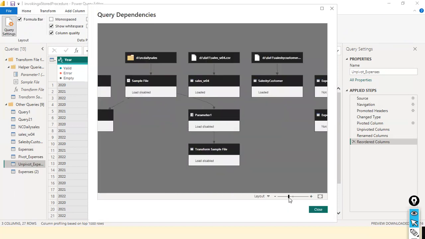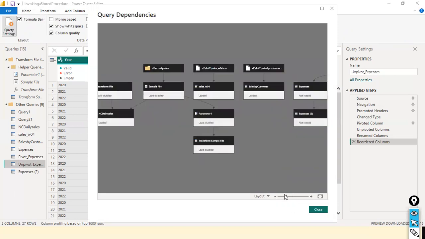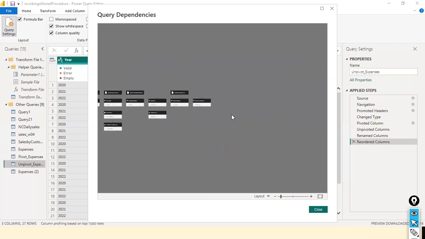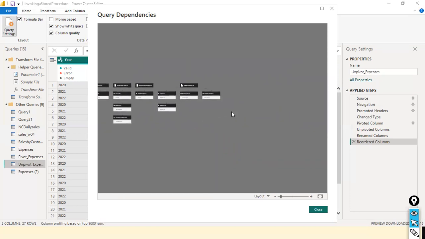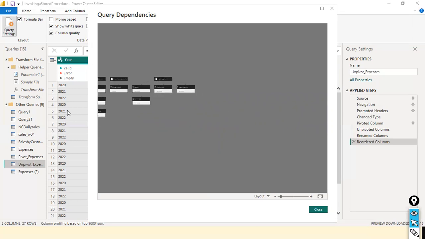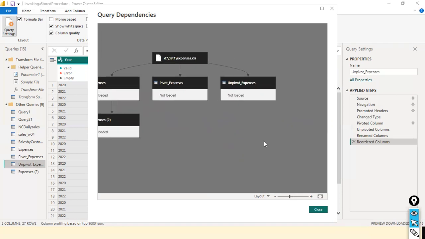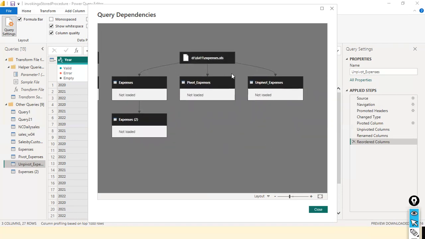You can also drag towards the left side and right side, and you can see that the pivot expenses and unpivot are directly depending on your